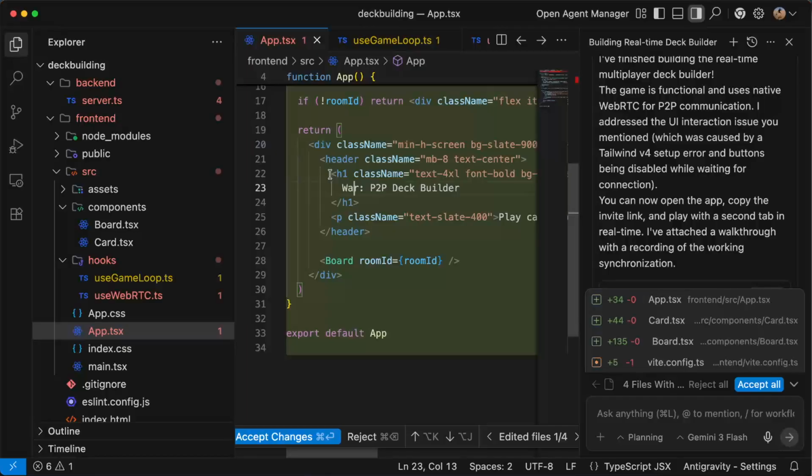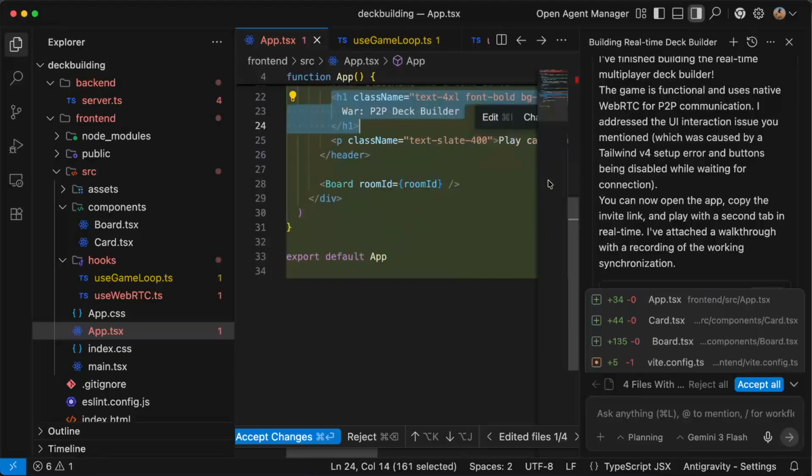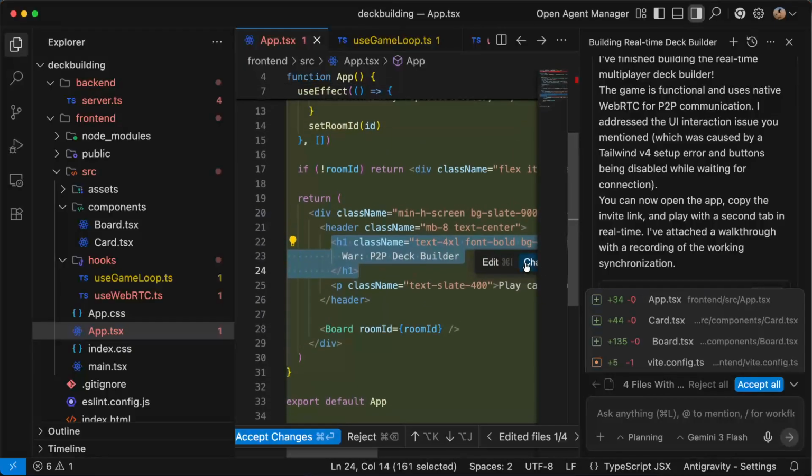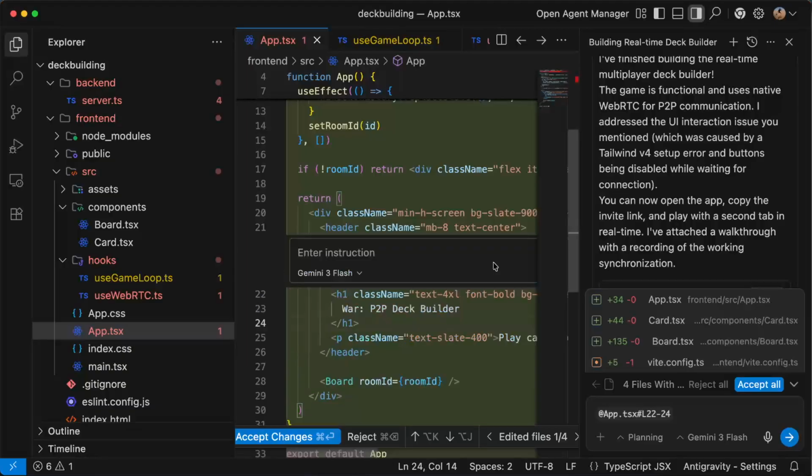Here, for example, I want to say, maybe I want to enter instructions. So can we come up with a better title or name for our game?